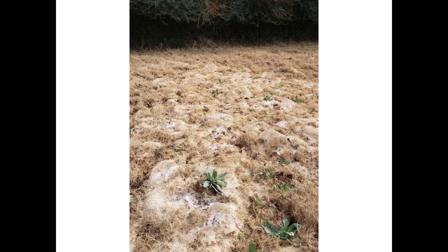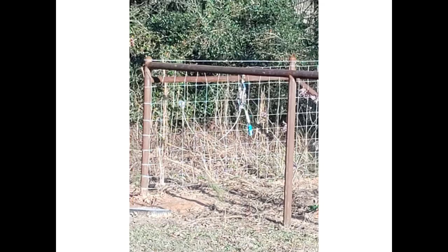Finding the holes, treating a hole, stepping aside, you'll see them. Here comes another one. They're all over the place, and they like to get underneath that grass where you can't see their mound. This right here